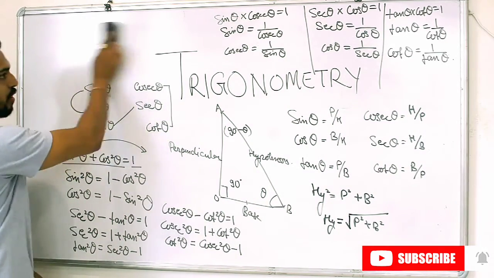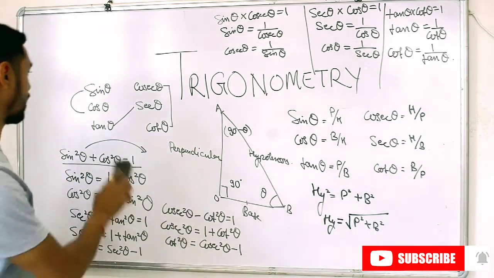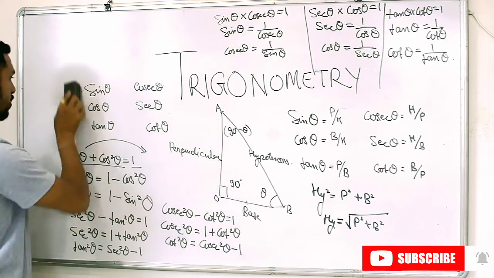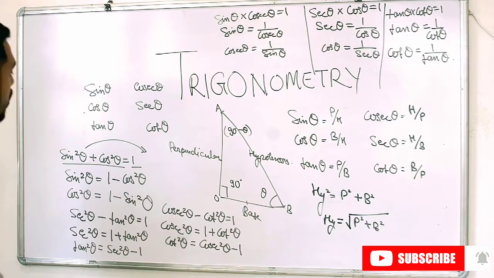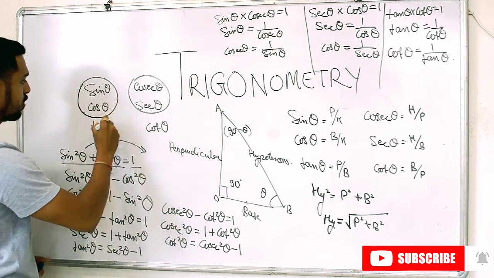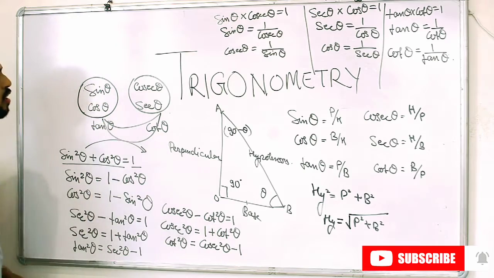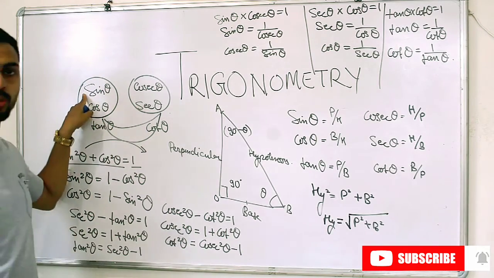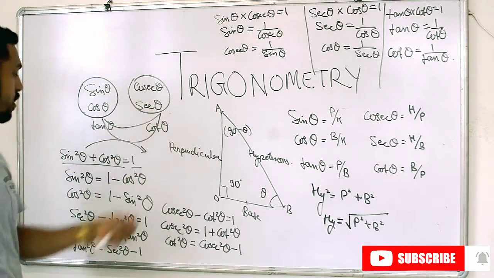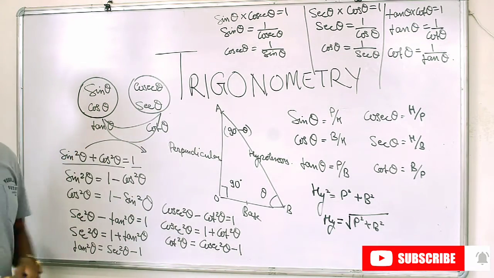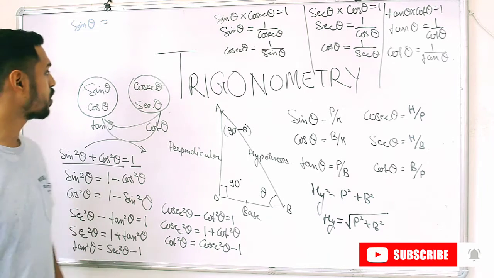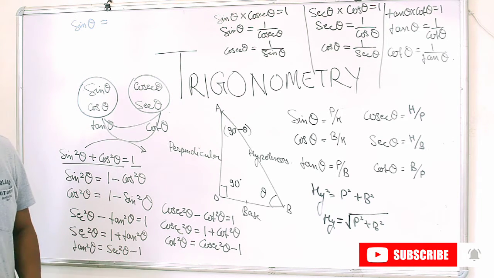Then after it we have one more trick, which is your smiley face. Done. So the smiley face is like this, no? This and so sin theta cos theta will be taken, cosec theta sec theta will be taken, and tan theta and cot theta will be taken combined. Okay. So now we will see the formulas for 90 degree.